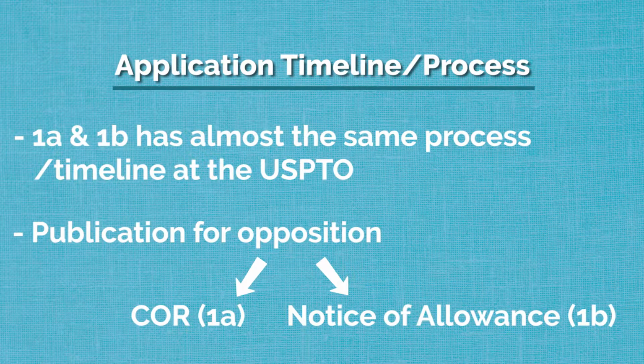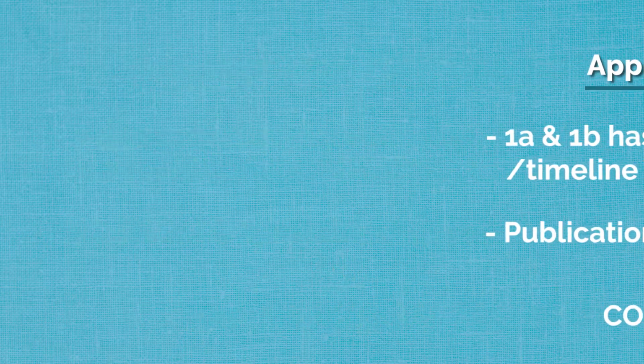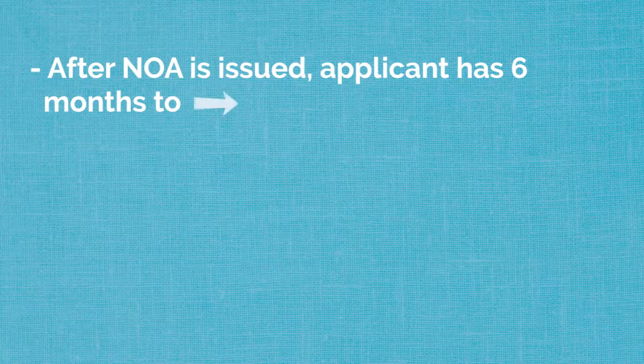Okay. However, assuming that that's not done and it's been published for opposition and 30 days have gone by and no one in the public has raised any issues with that trademark, then what happens, if it's a 1A application, you'll get your certificate of registration, or COR. And if it's a 1B application, the USPTO will go ahead and issue a notice of allowance, or NOA for short. And with the NOA,